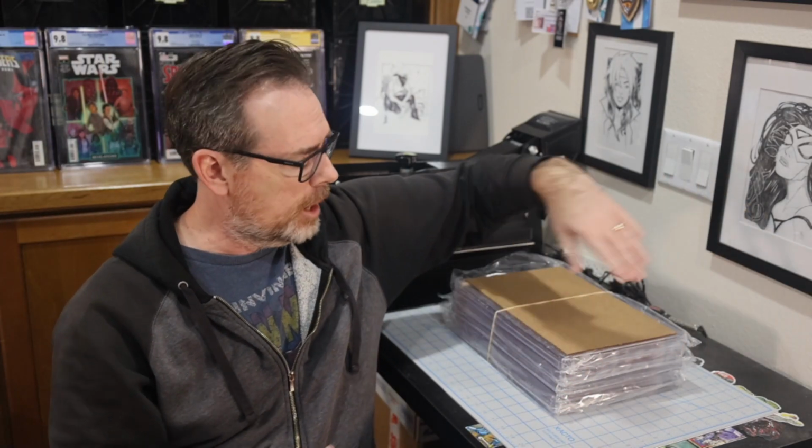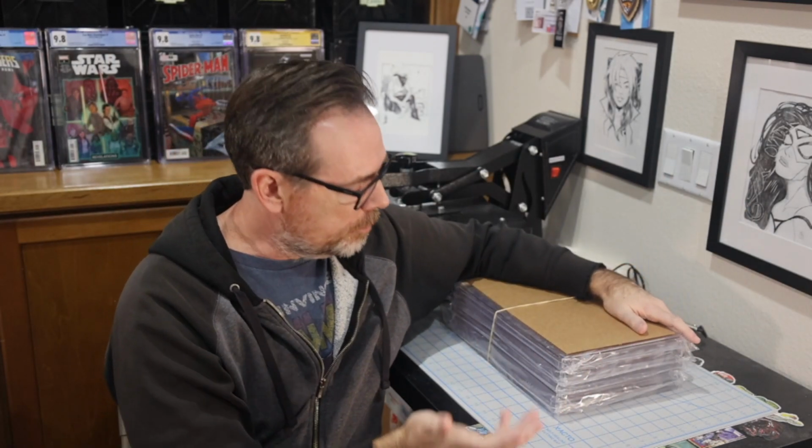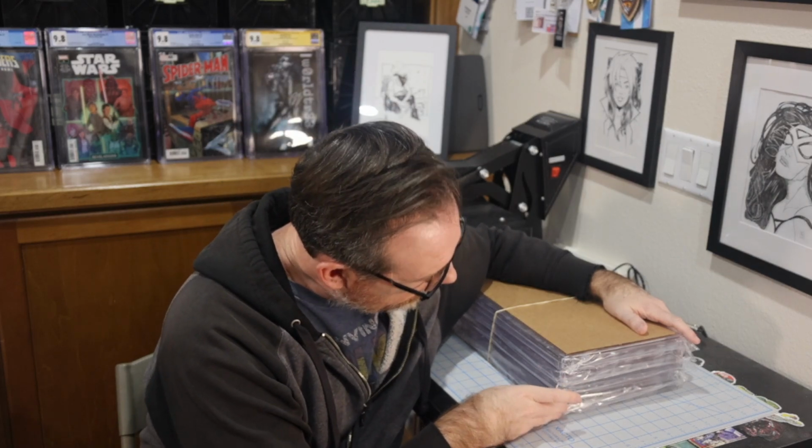Okay, here we go. There were 5 books that made it all the way through the process, and I don't know the order, I don't know the grades, so I'm just going to kind of blindly unpack these and show you the grades. The books were well packed by CGC. It didn't come in their typical sort of taller box. It was more of a flat rectangular box, really well wrapped in bubble wrap,